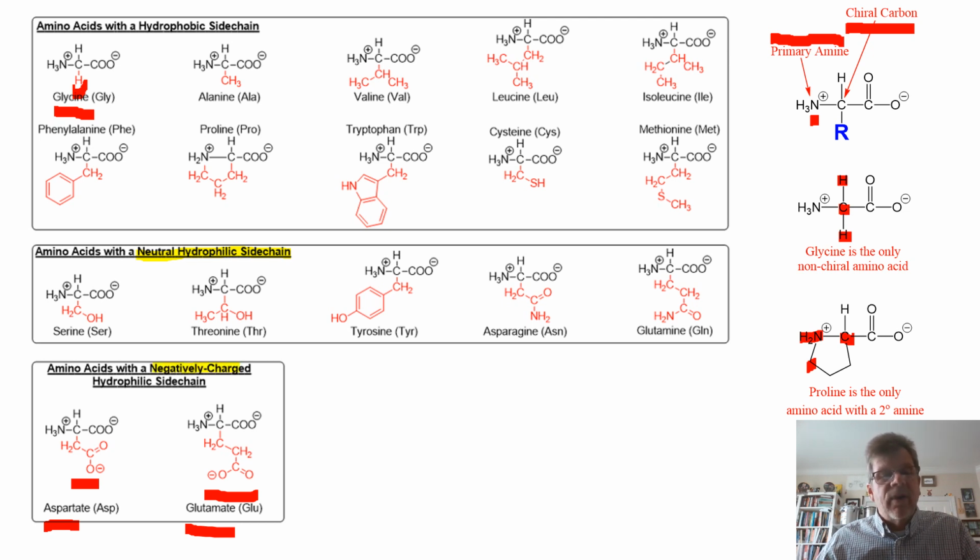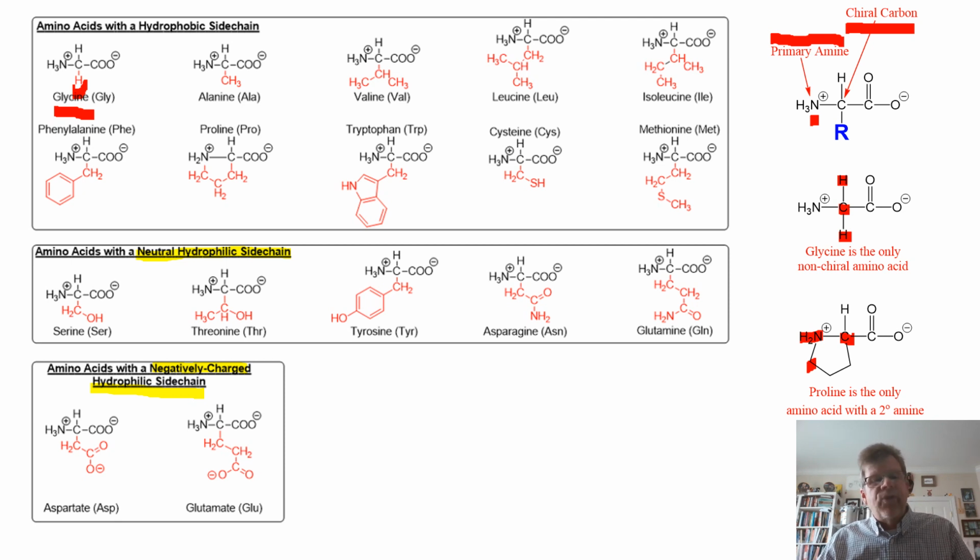Negatively charged because of the carboxylates, CO2 minus. Hydrophilic means it likes to associate with water. This is going to be important when we stitch these amino acids together into proteins, but it is hydrophilic. Anything with a charge on it naturally is going to be hydrophilic. If you think about ionic structures, they frequently dissolve very well into water, because they like associating with water. Those charges on the ions really enjoy associating with water. So this is where we can say we have two amino acids, aspartate and glutamate, with negatively